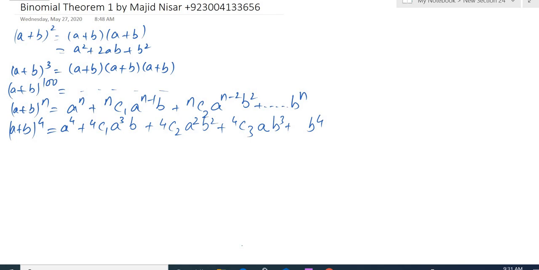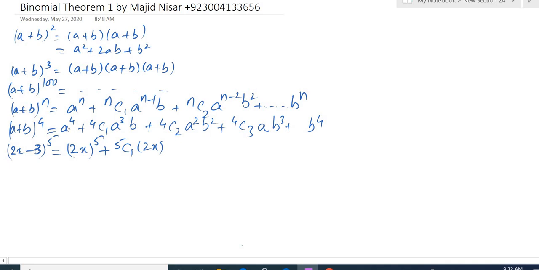Okay, let us take another example. For example, we have to expand (2x minus 3) raised to power 5. So (2x minus 3) raised to power 5 means a is 2x and b is minus 3 here. So it will be (2x) raised to power 5, because a raised to power n and n is 5, plus nC1, that means 5C1,